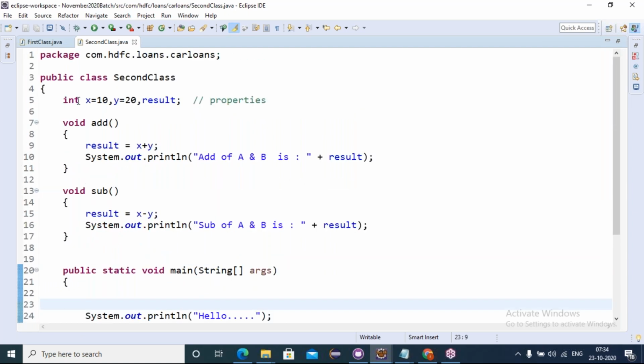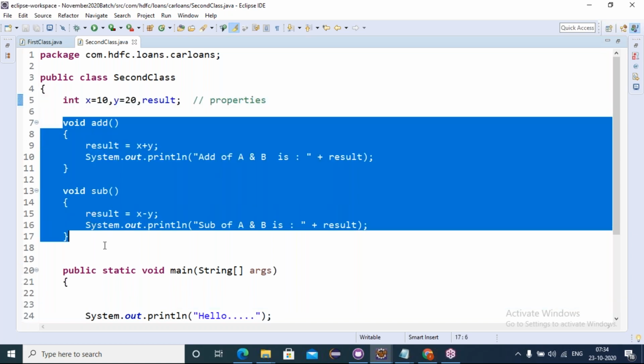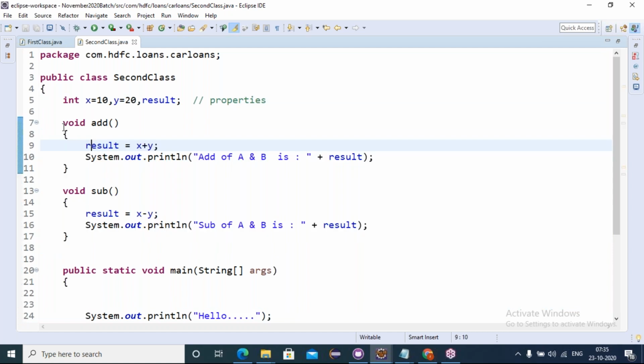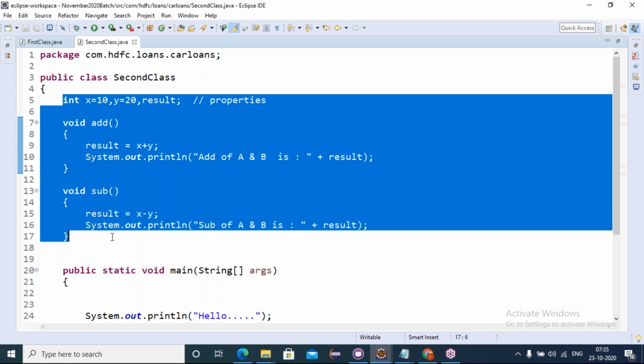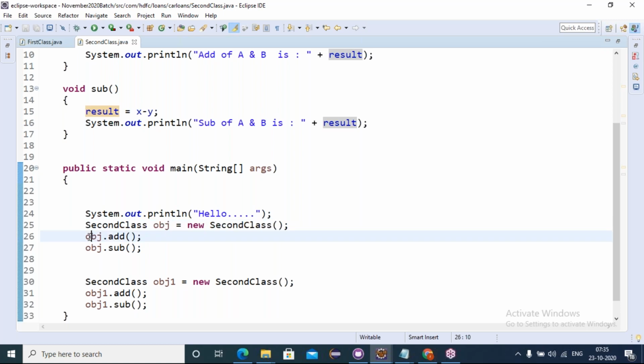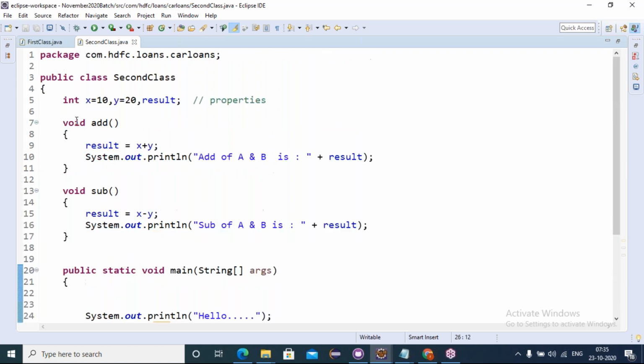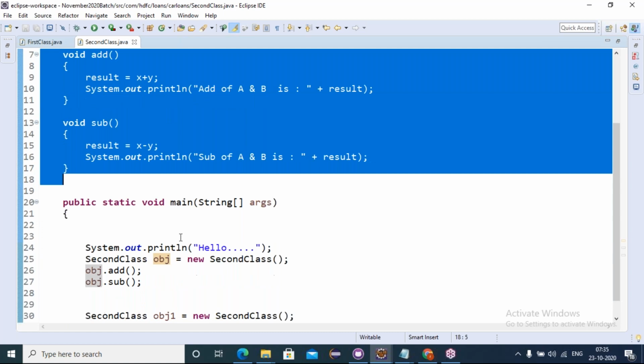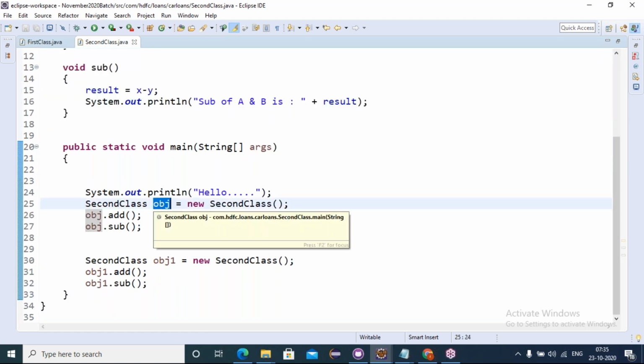So, got it, friends? Is everyone clear about the class? What does a class mean? A class is a plan or template where we can plan some set of properties and behaviors. What type of behaviors? Concrete behaviors. How can we access the planned properties and behaviors? While creating a class object in the main method with the class reference variable, I can access whatever I have planned inside the class. Everything I can access through this class reference variable. So hope everyone is clear about the class concept. Shall I move to the interface?